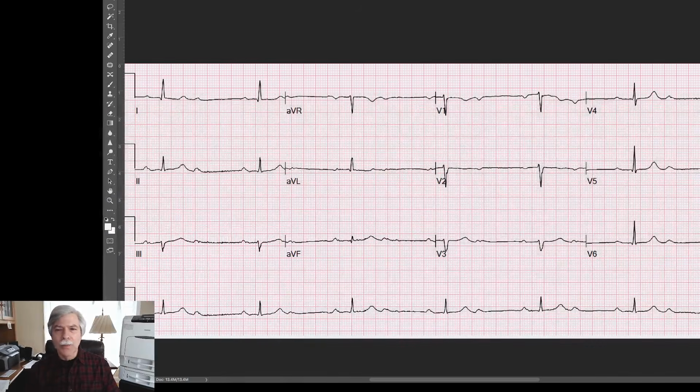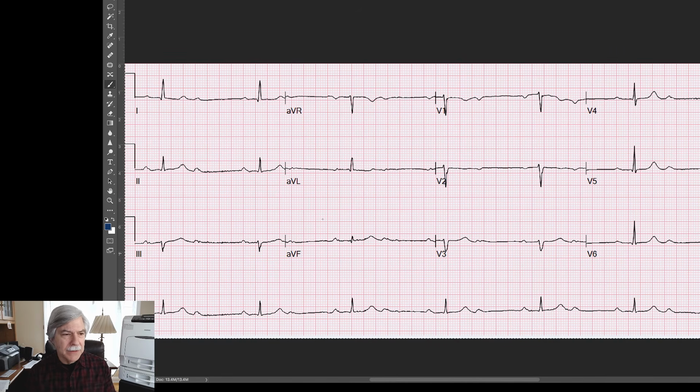Good morning, Jerry. So let's take a look at the ECG. Okay, you guys should be able to see that now. And yes, the heart rate's a little bit slow. It's about 45 or so beats per minute. But it's regular. And let's see if we can pick the right tool. Yes, I should have done this before, but I didn't. Sorry about that. So now I should be able to draw on this.